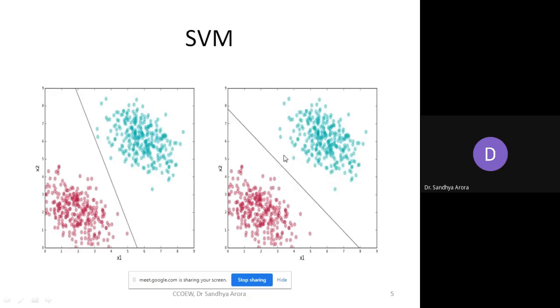So how can you get this kind of line which has maximum margin? The points which are closest to this line are called support vectors. We want a line which has maximum margin to these support vectors. So SVM works on the principle of maximizing this margin with the help of support vectors. We are not taking the help of all these data points to find the classification line. We take the help of only these support vectors to identify what the line or plane can be.